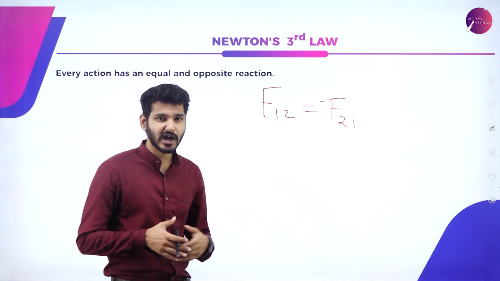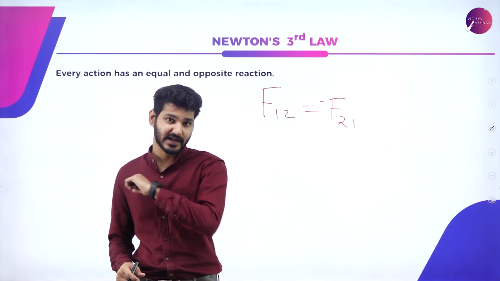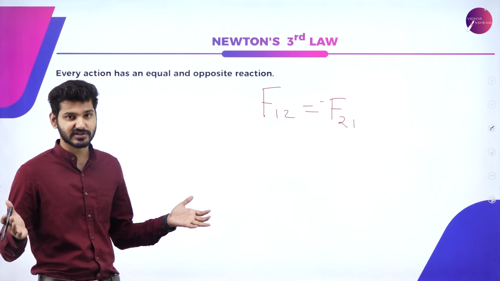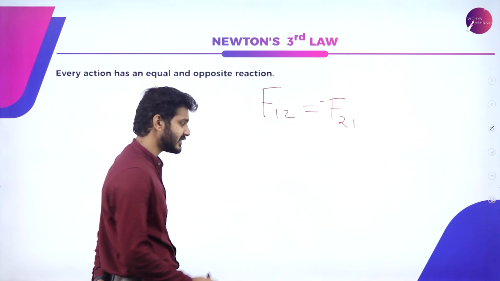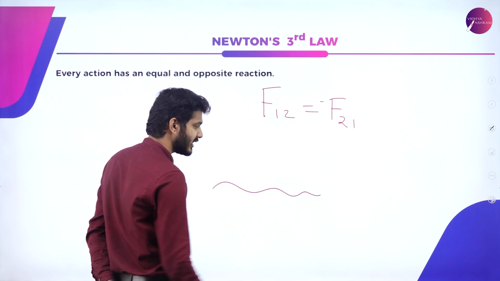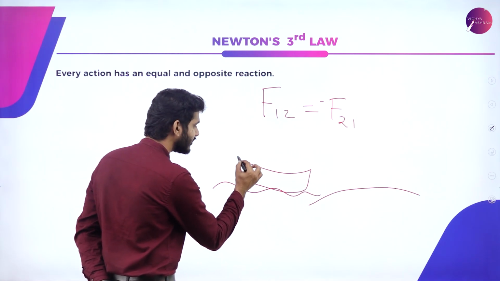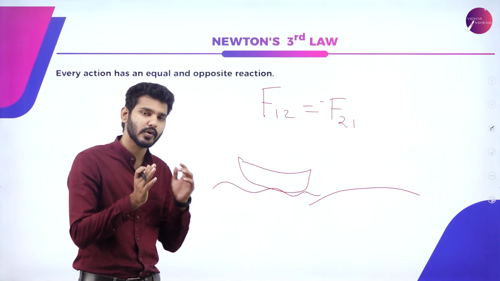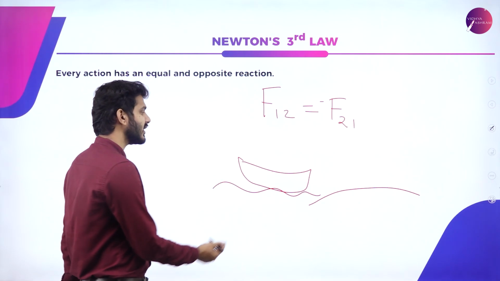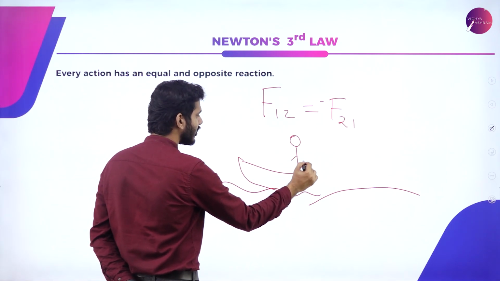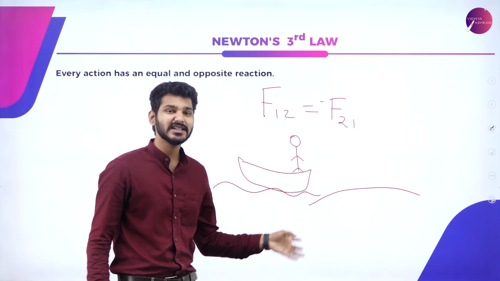For that, we need to understand how Newton saw motions having a repeated resulting backwards effect. The famous example everyone knows is a perfect condition where there is no friction. For example, imagine that there is a lake like this, and here is the surface, and there is a boat on the lake. It is a comparatively light boat, only fit for one person to travel in, and it is made of fiber. So let's say a person is standing here on the boat.